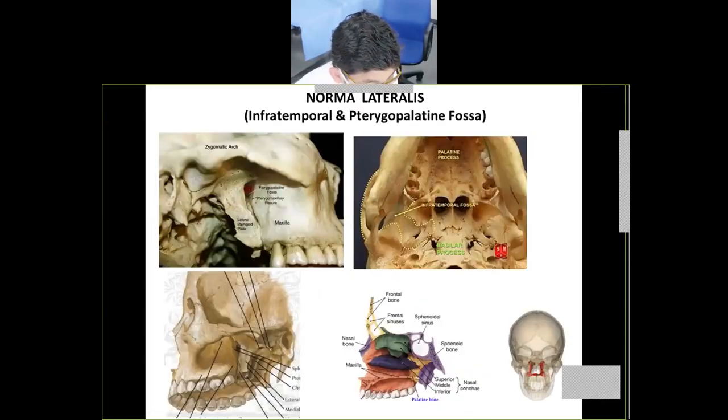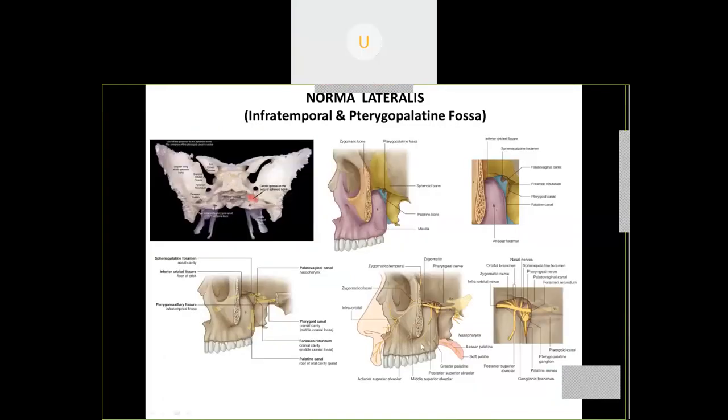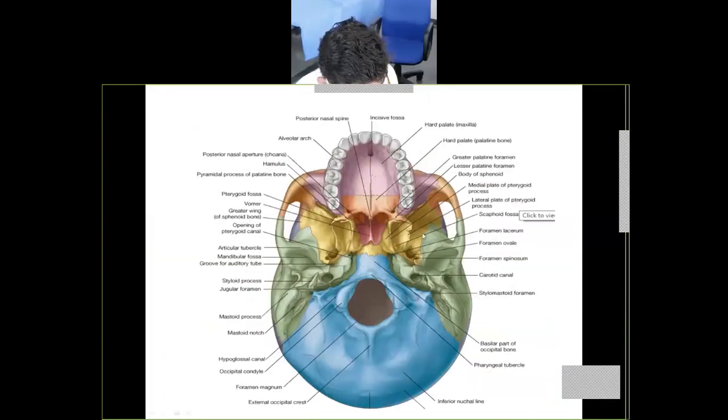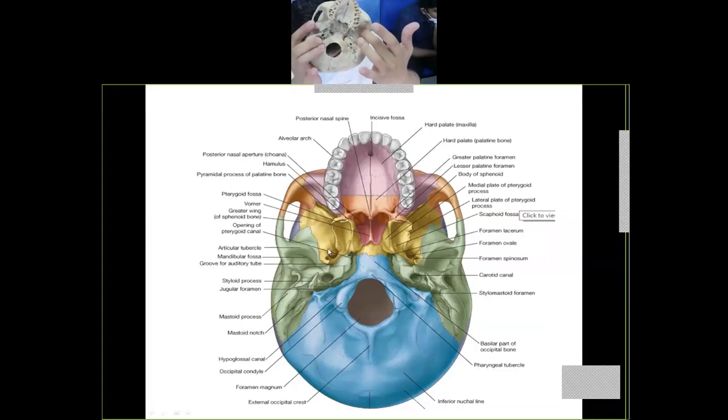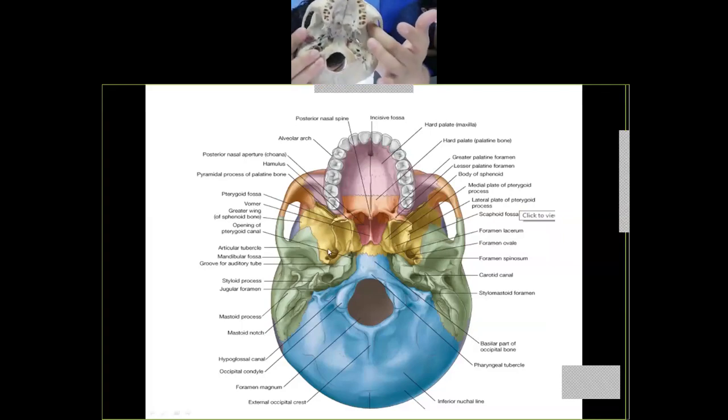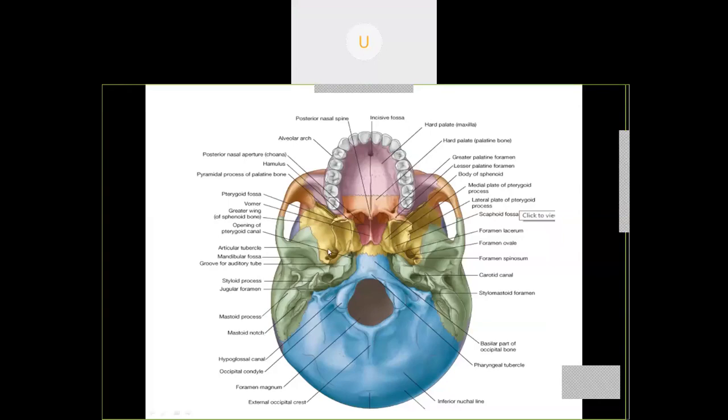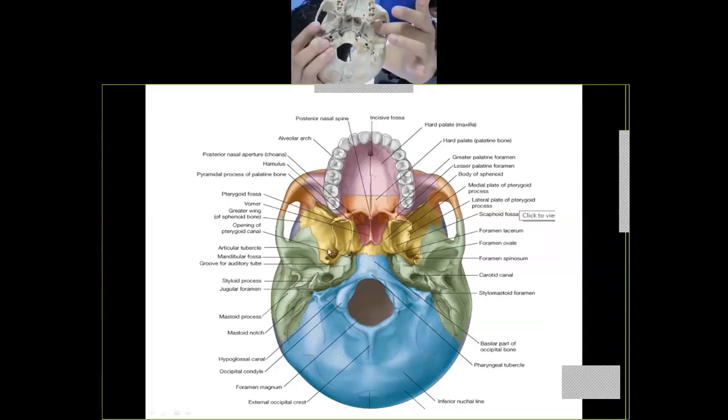It originates from the infratemporal surface. Okay, so from here one takes the origin. There is a crest over here, not shown very well in this picture. That is known as the infratemporal crest, in the inferior aspect of the greater wing of sphenoid. I can show you. This area, over here, there is a crest, the infratemporal crest. So from there,